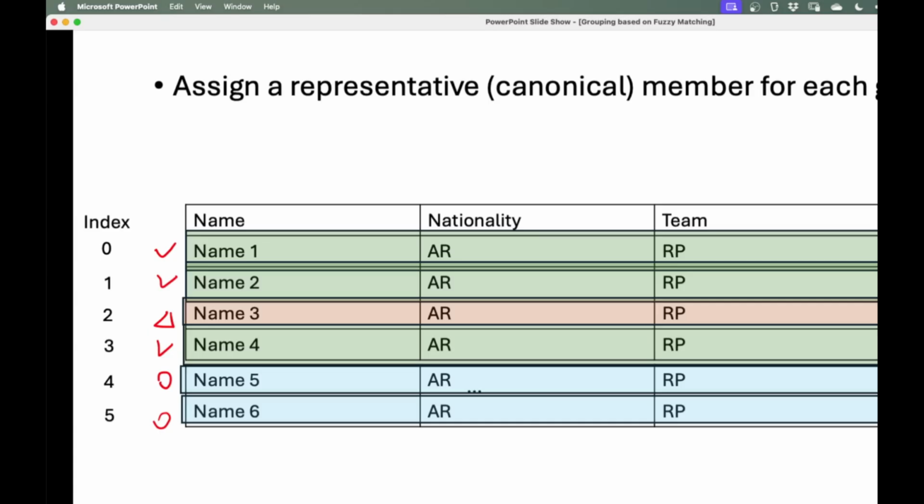So name 3 will have the canonical ID as 2, because the row ID of name 3 is 2, right? And then for name 5 and name 6 in the same cluster, we can pick any one of them. Let's say we pick name 5, which has the row ID of 4. So this is how we add a new column, picking a representative within the same cluster after performing